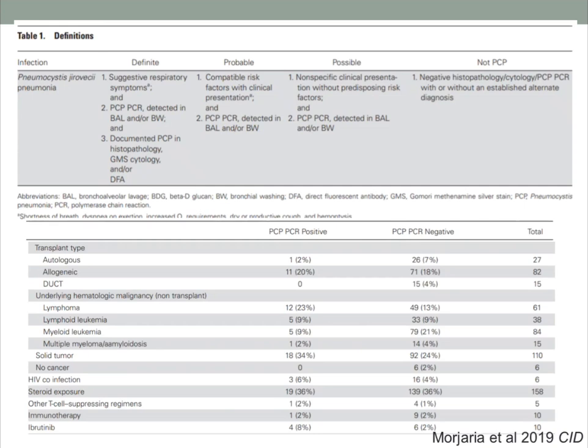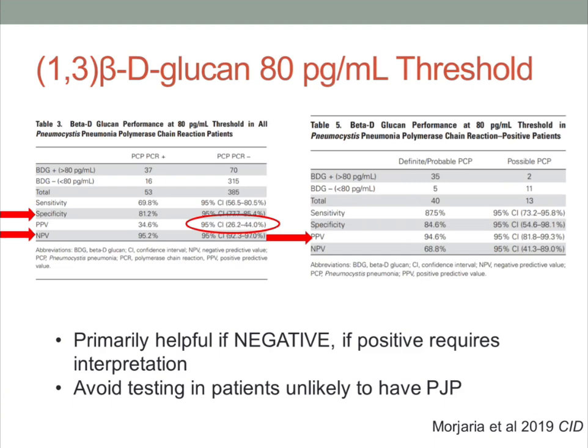So they came up with some definitions, which is kind of what you do in that situation. Broke it down into definite, probable, possible. And the big thing to take away from it is that the sensitivity of the test was very poor at a threshold of 80, at 69.8%. Specificity was also pretty poor,